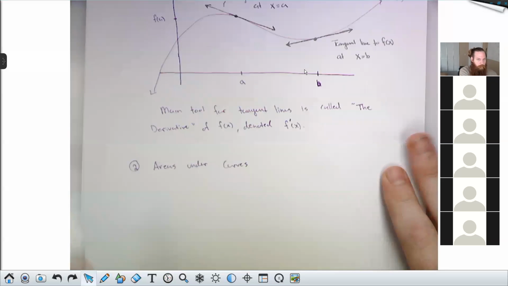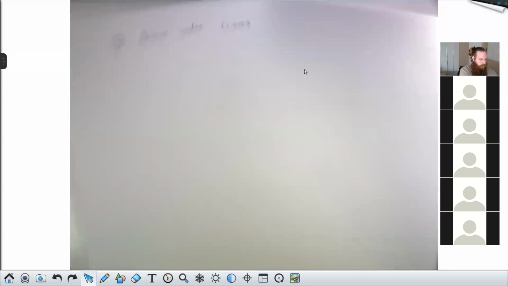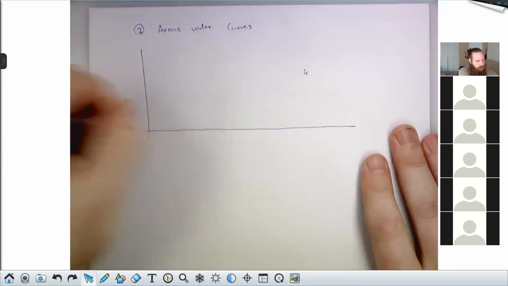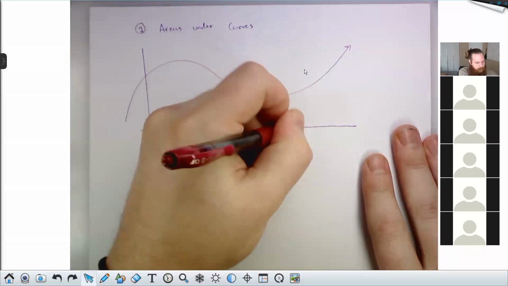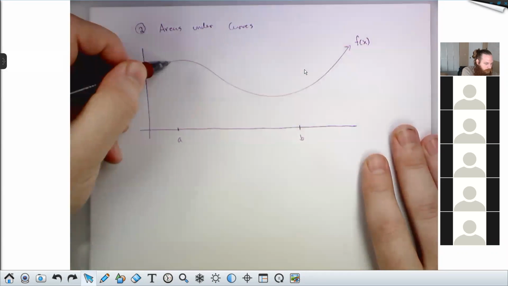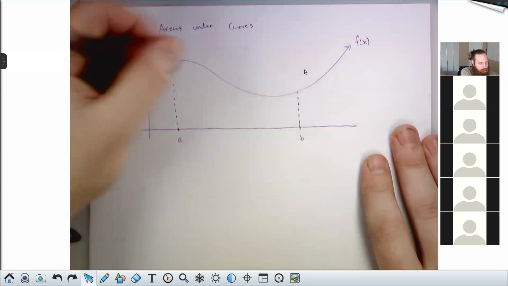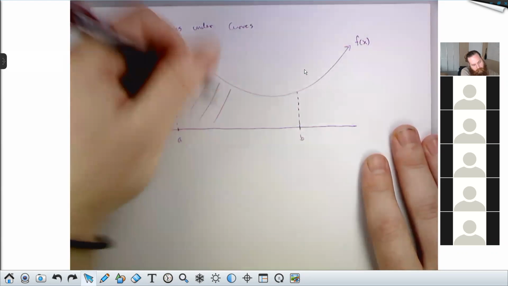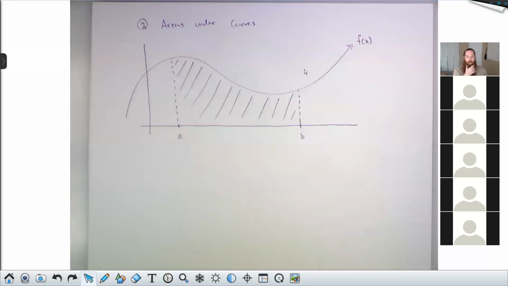So again, if I'm given some purple function f of x and some interval, say from a to b, I'd like to know what is the exact area bounded by that curve and the x-axis between x equals a and x equals b.